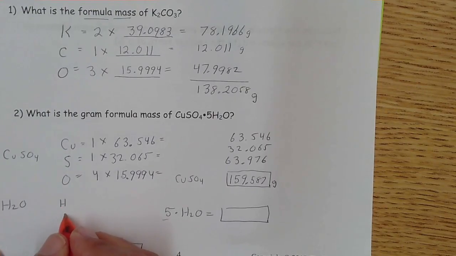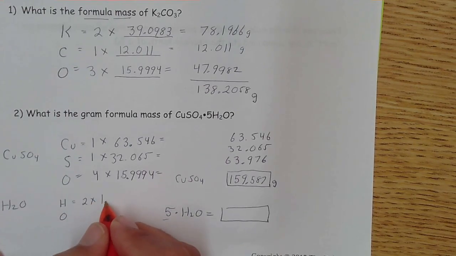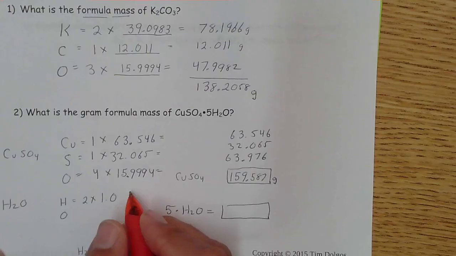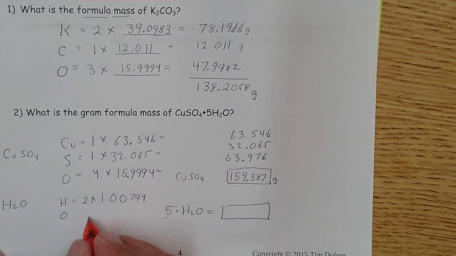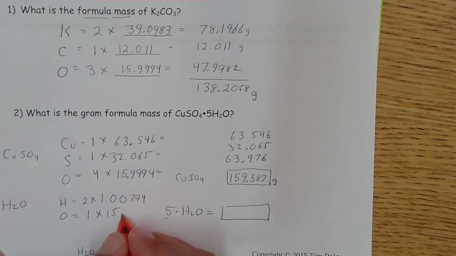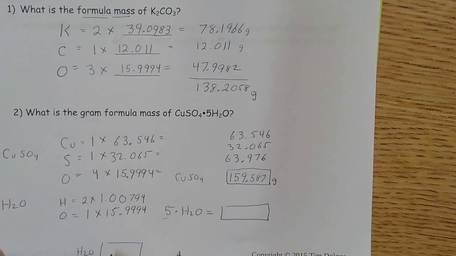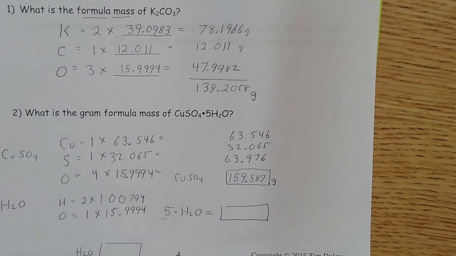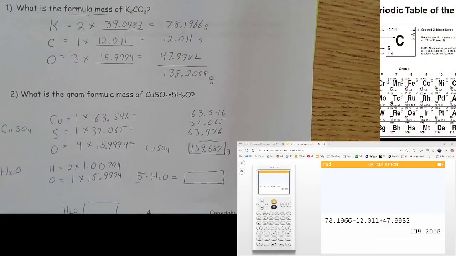But in water, we're going to calculate with hydrogen. There's 2 hydrogens. And each one weighs, you might remember, 1.00794. And in oxygen and water, there's just 1, and it's 15. And I'm hoping some of these numbers become repetitive enough, you can calculate it. Now, you'll just go over into your calculator and multiply